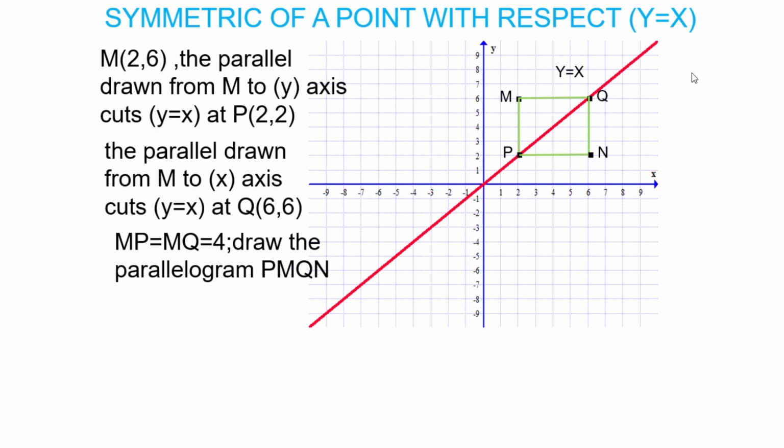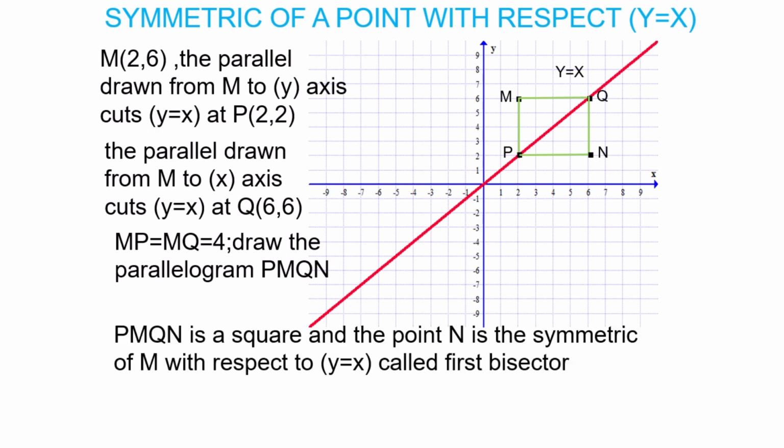So if we have the point of coordinates 7, 4, what are the coordinates of the symmetric of this point with respect to the first bisector? 4, 7. We change x into y and y into x. So